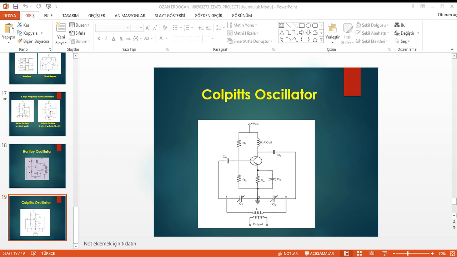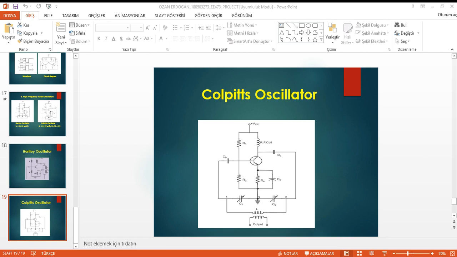If terminal 1 is at positive potential with respect to terminal 3 at any instant, then terminal 2 will be at negative potential with respect to terminal 3 at that instant because terminal 3 is grounded. Therefore, points 1 and 3 are out of phase by